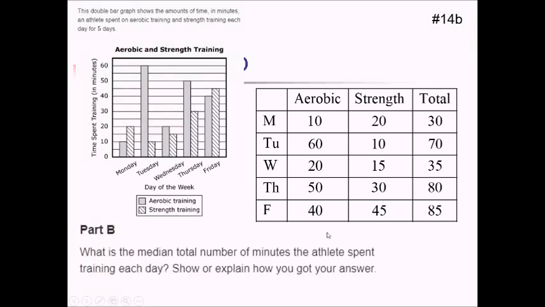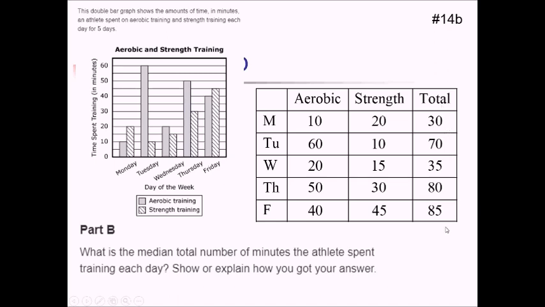For part B on this question, we want the median total number of minutes the athlete spent training each day. So this is where it helps if you've already got this chart created from part A where you've already added up the totals for each day. So now to find the median, we're going to write these numbers in order from smallest to greatest